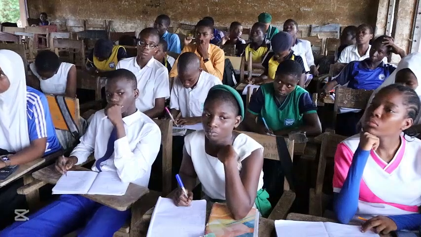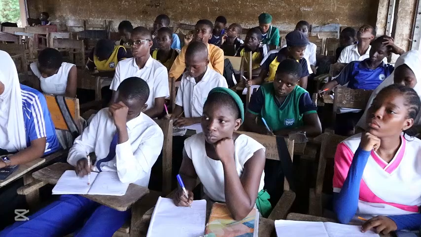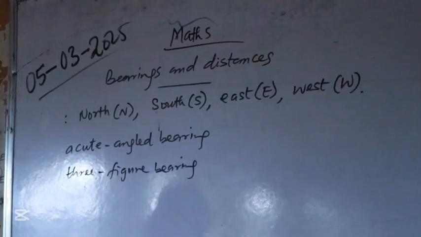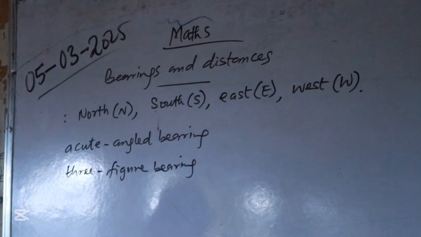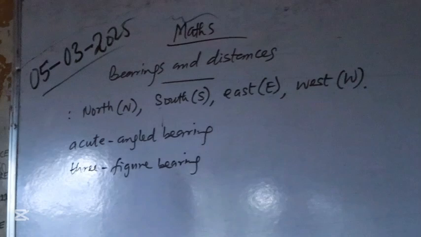In this topic, interpretation is very important because once you miss the interpretation, there's no way you can get the answer. And from that short note given to you, bearings are the clockwise angular relationship between two distant places measured in degree from the north. That is what is called angular